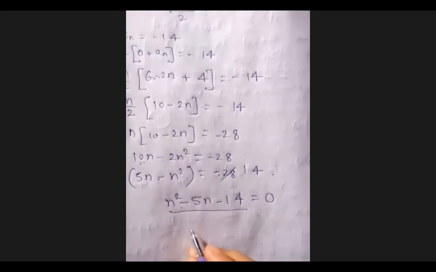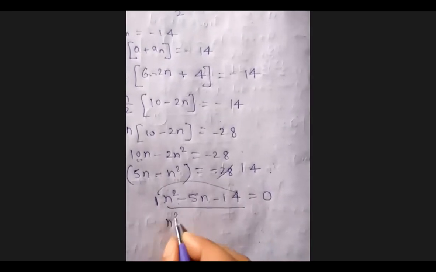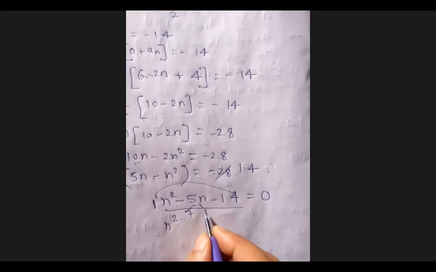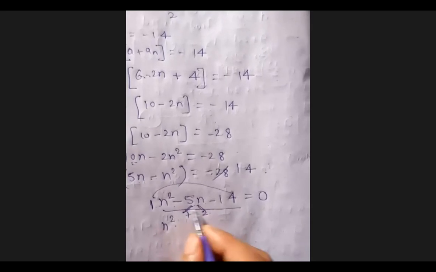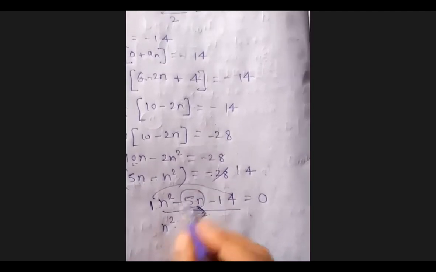Now you tell me, what should I write after this? You know that there is 1 here, and 1 into 14, 14. 7 2s are 14, and 7 minus 2, 5 you are getting. So you can write this, my n square, if you write it, you know that 7 2, I'm just splitting it in the form of 7 and 2, so 7 2 which is 14, the multiplication of first and last is also there, and on subtracting this what will you find, this 5n.